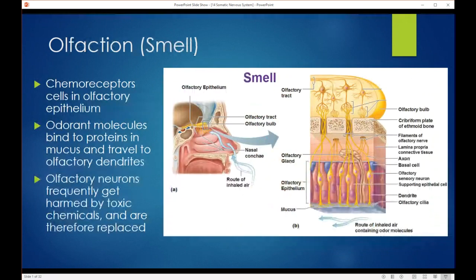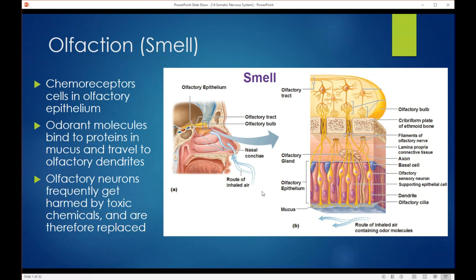Okay. So how does smell work? So smell is also a chemoreceptor, just like in taste, right? So they're actually really closely related. When you smell something, you can sometimes almost taste it, right? Kind of idea. So we have these chemoreceptors, and they're found within our olfactory epithelium, the skin within our nasal